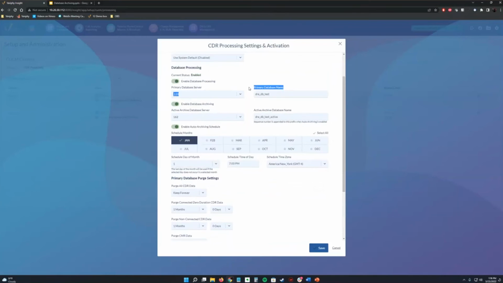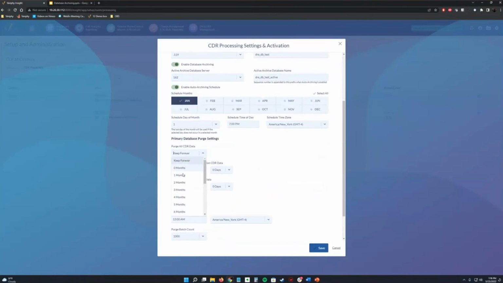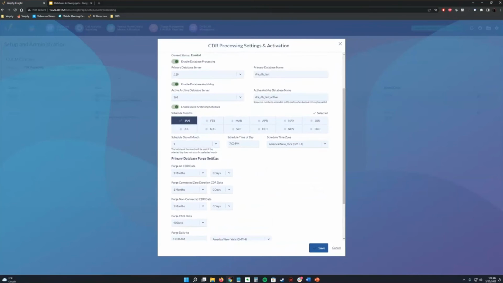Let's say we have this set for a month. After that month is gone, because it's writing to both of these databases, this will be purged and start back at the new month. This active database will then turn into an archive database for that month and then start a new active archive database.